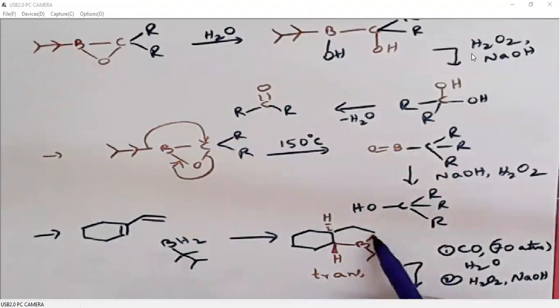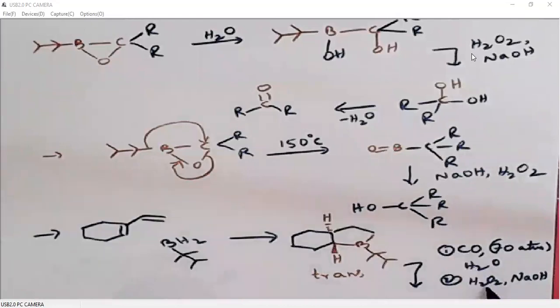This carbon is a primary carbon, right? It is attached to only one other carbon. This carbon is a secondary carbon. It is attached to only two other carbons. This carbon is a tertiary carbon. It is attached to three other carbons. So primary and secondary are easier to migrate compared to tertiary. That is why here both this carbon and this carbon will be migrating to the carbon monoxide carbon.